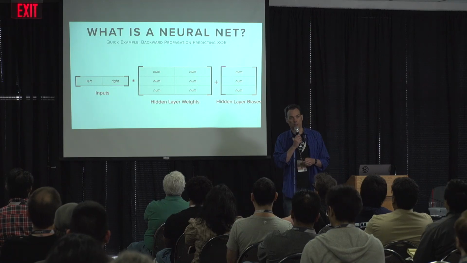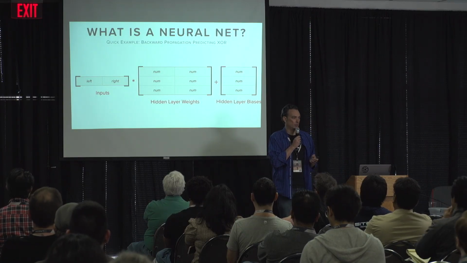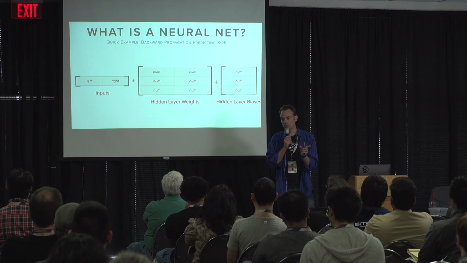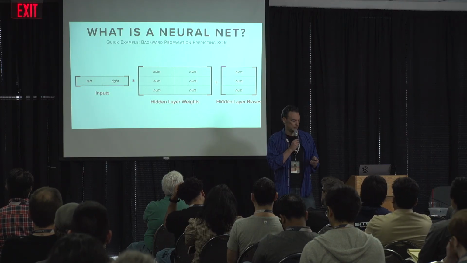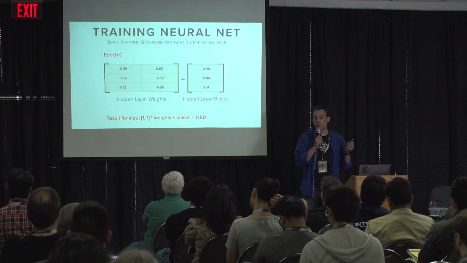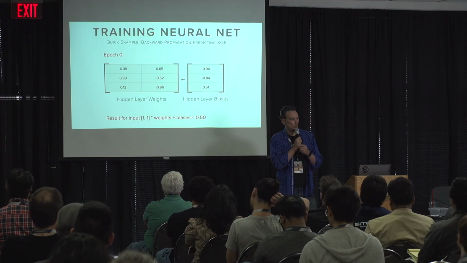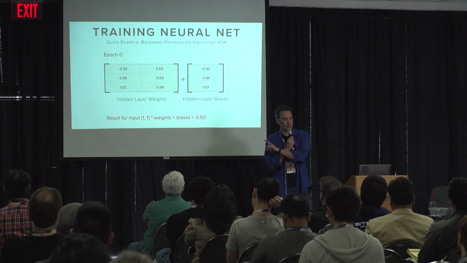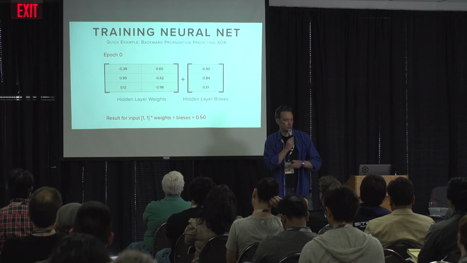In math, though, it looks like vectors and matrices. So you would model it like this, where it takes the input vectors, multiplies them by a matrix of weights, and adds what are called biases. If we start at the very beginning, we just fill those matrices up with random numbers, pure random. And this is a real example. I'm actually showing you real numbers here, not that it matters too much.